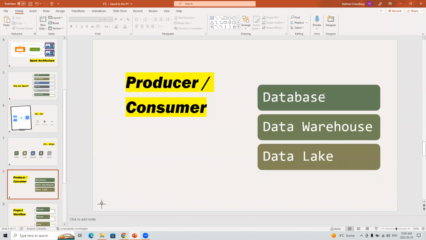It is because the database can only have some tables like a product table, order table. In the data warehouse, we can combine those two tables and dump them here because we want to store it somewhere. You guys are right, this is the historical data and it is structured data.